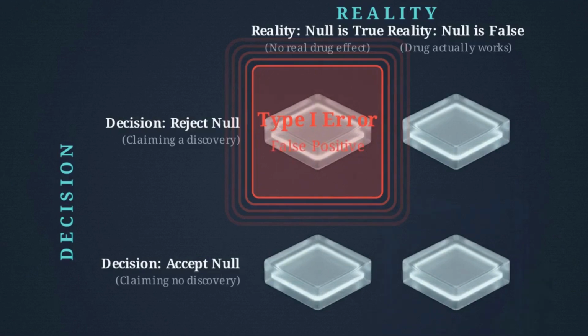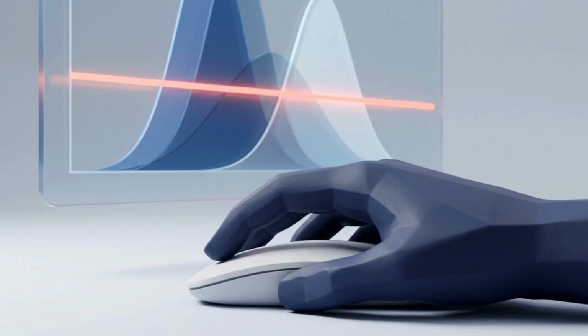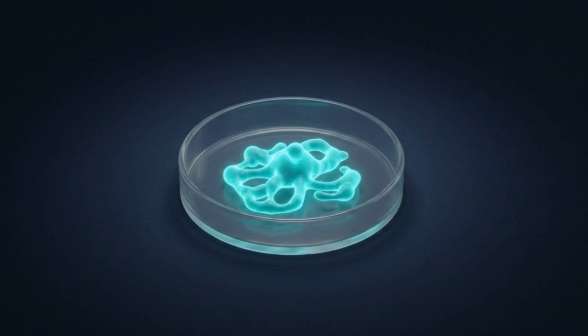Conversely, if your experiment is too noisy, you might fail to hit that 0.05 threshold even when the drug is actually working. You accept the null hypothesis and accidentally abandon a genuine effect. This is a type 2 error, or a false negative. Every statistical test requires researchers to balance these risks. Make the threshold too loose, and the literature floods with false discoveries. Make it too strict, and you might miss a life-saving breakthrough.